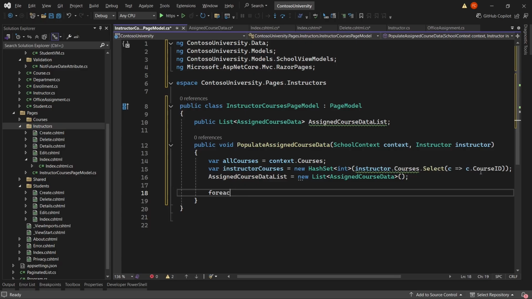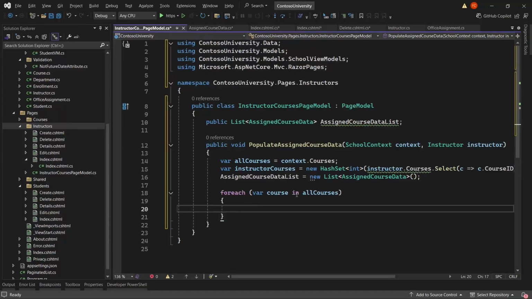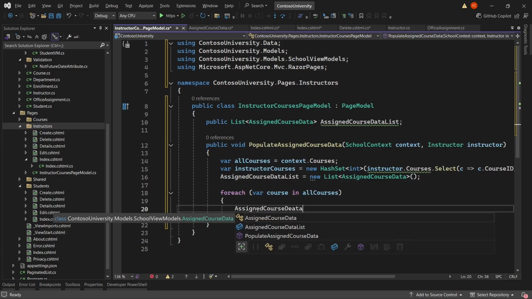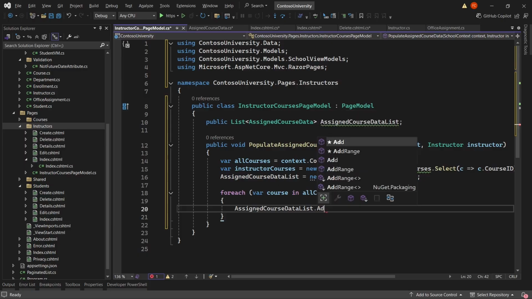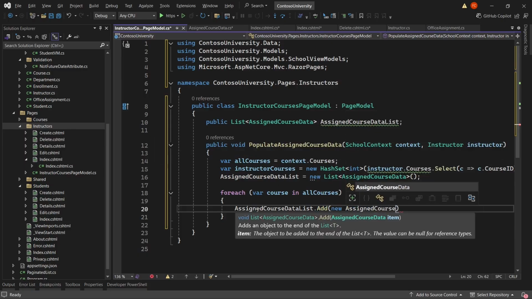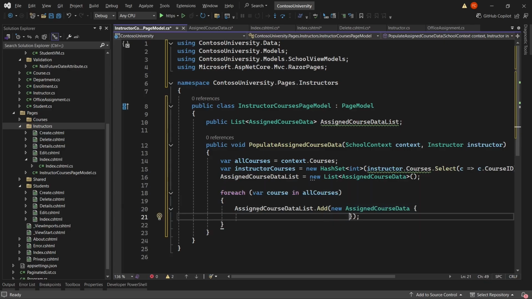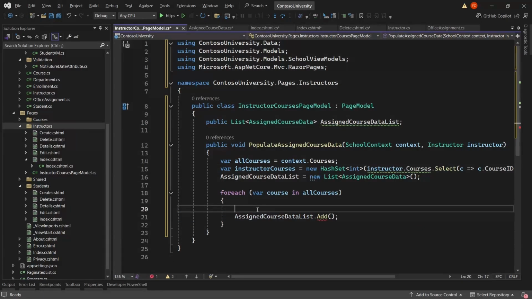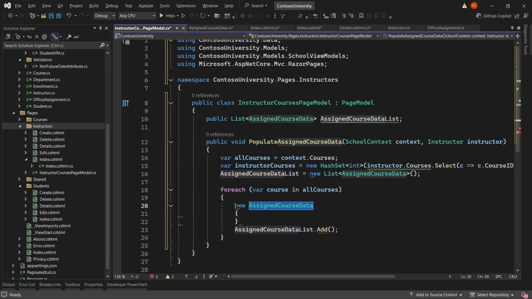And then foreach course in allCourses, we're going to iterate through our courses list that we populated, and then we're going to say AssignedCourseDataList.Add(new AssignedCourseData. And I think there's a cleaner way to do it, let's just call this AssignedCourseData